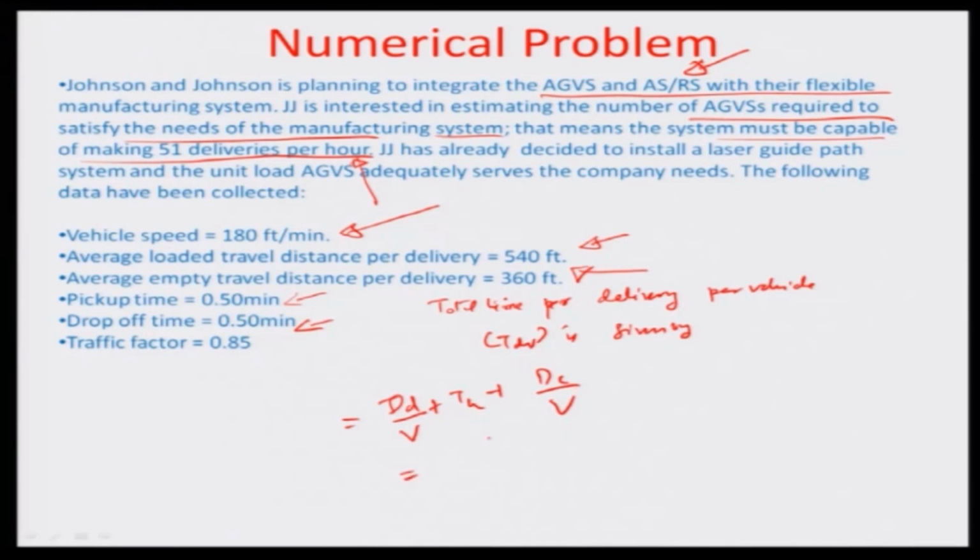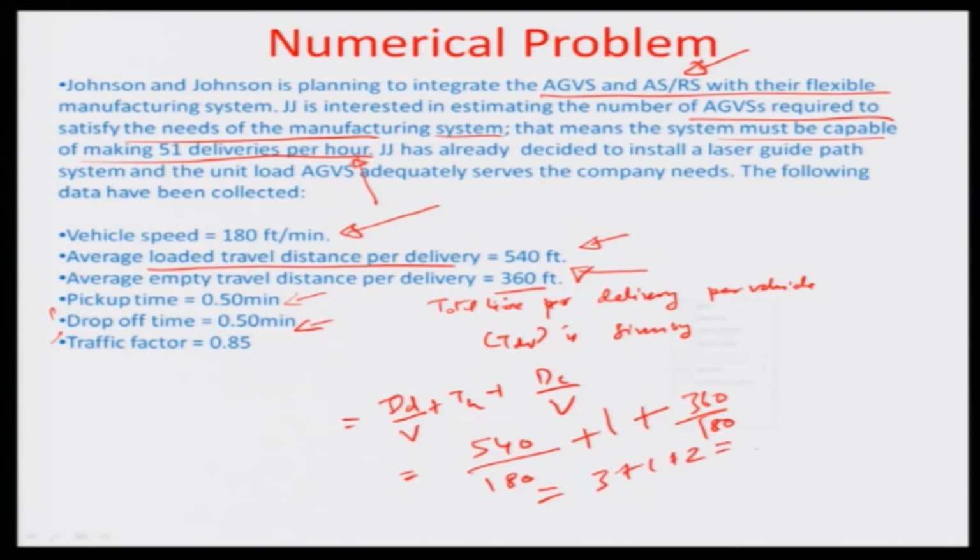In this case, the average loaded travel distance is 540 feet at the rate of 180 feet per minute, so 3 minutes, plus the pickup and drop-off time, which is about 1 minute here, 0.5 plus 0.5, plus the empty travel distance of 360 feet at 180 feet per minute, which is about 2 minutes. So you have 3 plus 1 plus 2, which is about 6 minutes